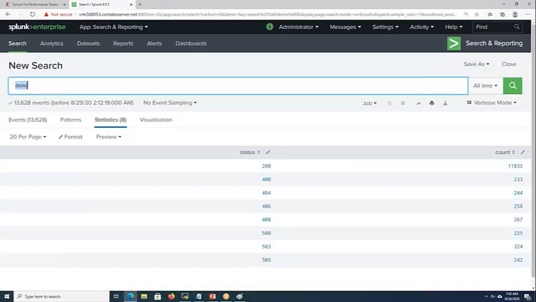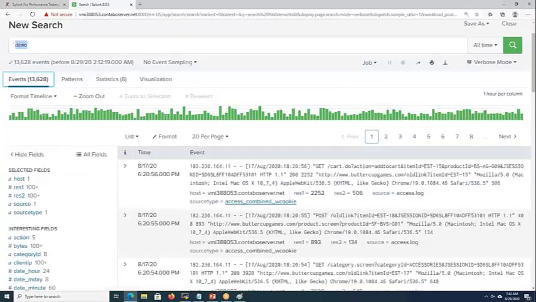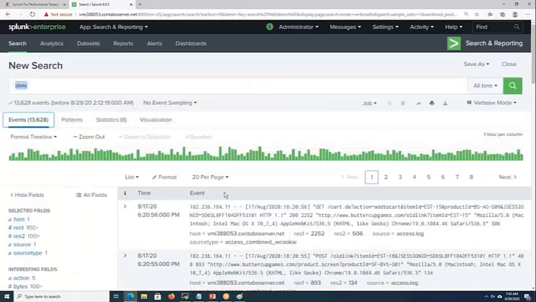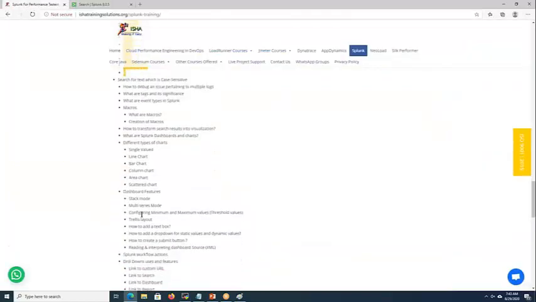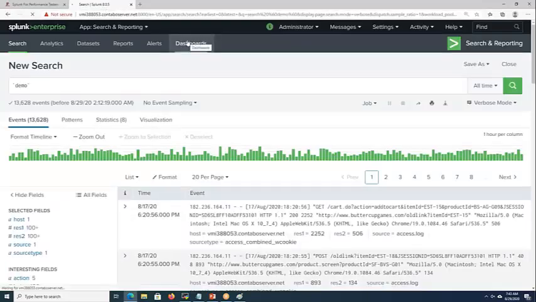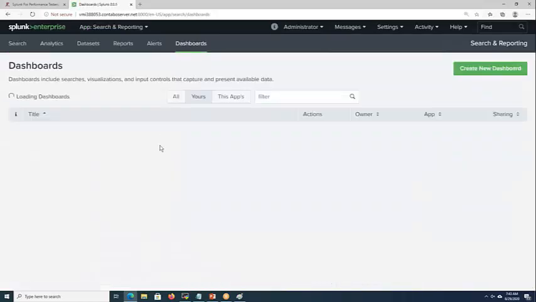Then it will display the events pertaining to that particular keyword. We'll discuss those, and we'll be discussing more of the charts, like how to create the dashboards and all those.